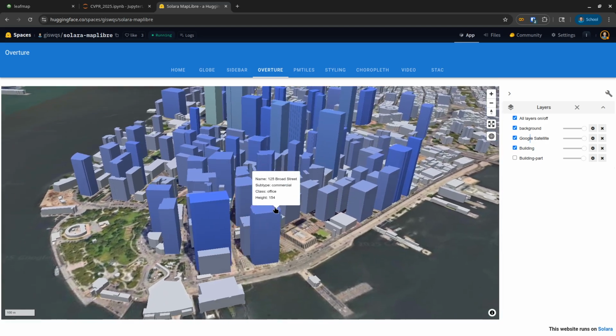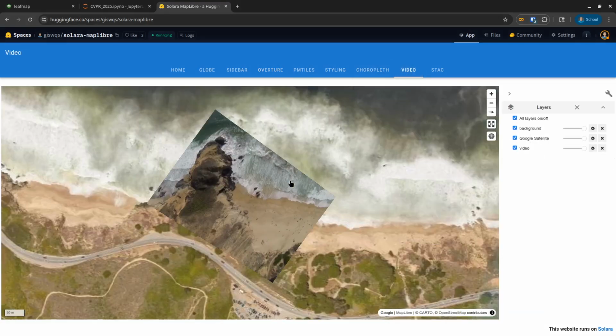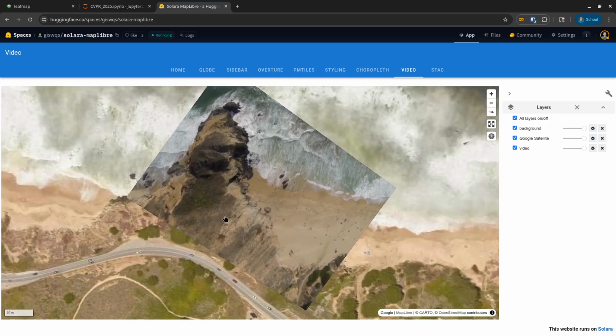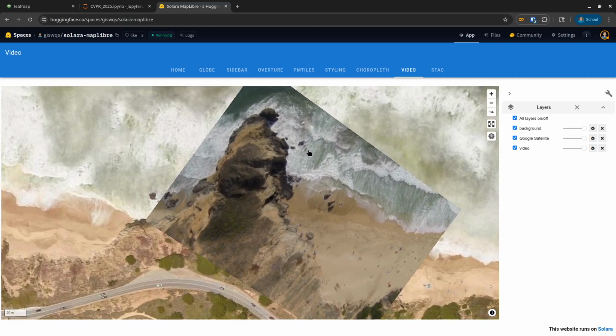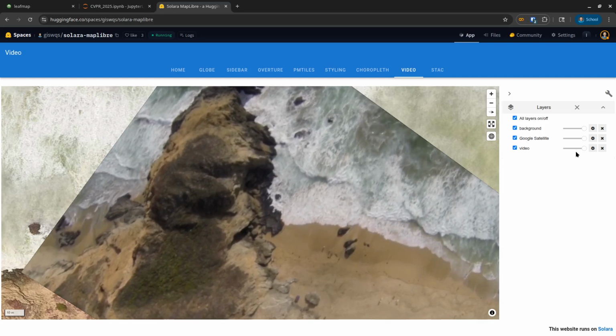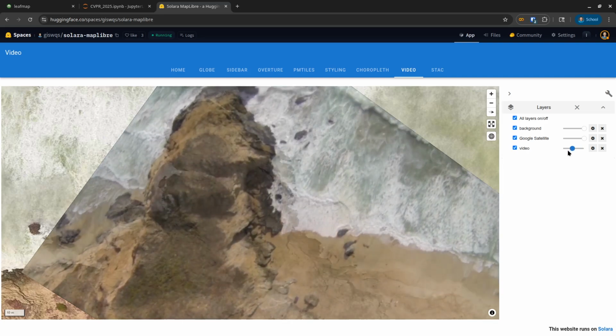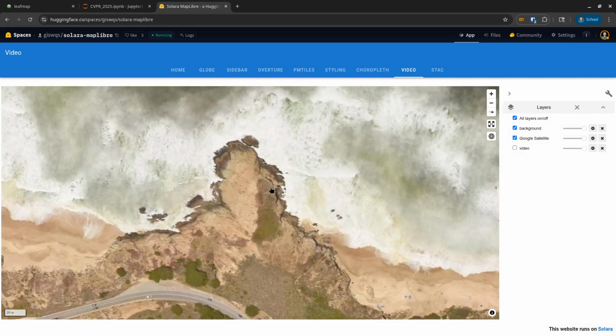You can add a layer, you can remove a layer. There are a lot of things you can do, and you can even overlay, for example, video. I will show you the source code behind how to overlay a video on top of the base map. You can see this is the drone imagery. You can see the waves moving around, and the nice thing is it's all interactive. You can turn the layer on and off. I can change it, and